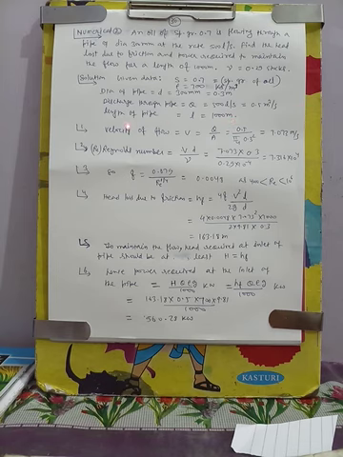Now for power calculation we need velocity. So velocity of flow will be V, it will be Q by A, discharge by cross-section area. Discharge is 0.5, cross-section area is π by 4 into 0.3 squared, so it will come 7.073 meter per second.